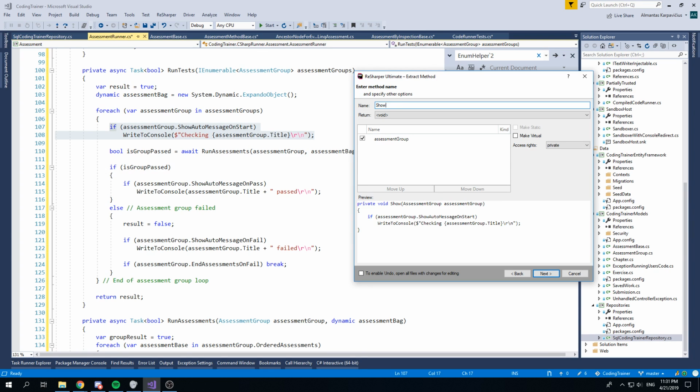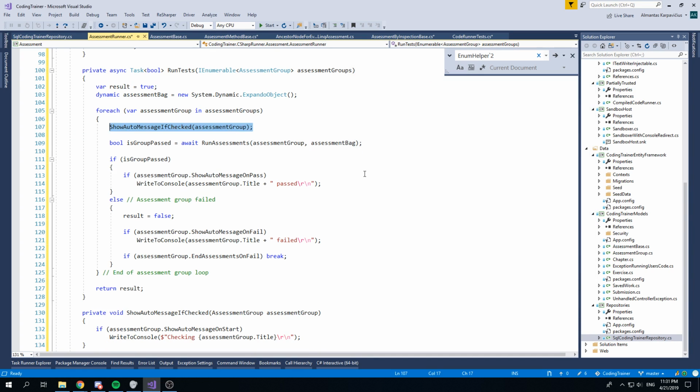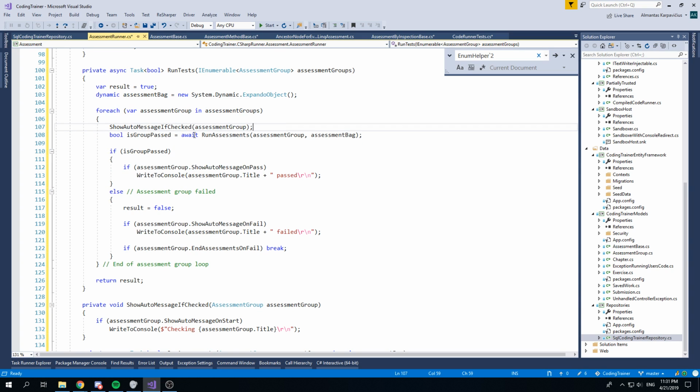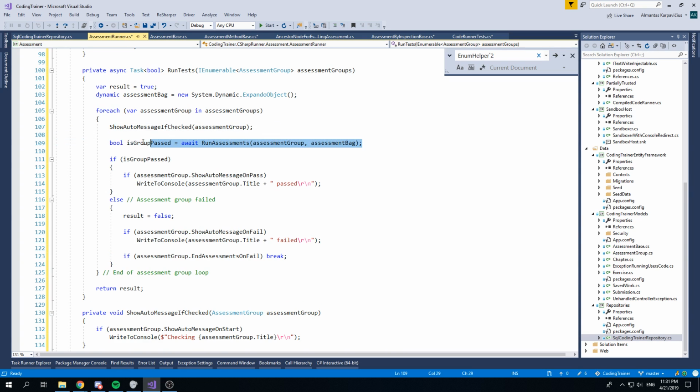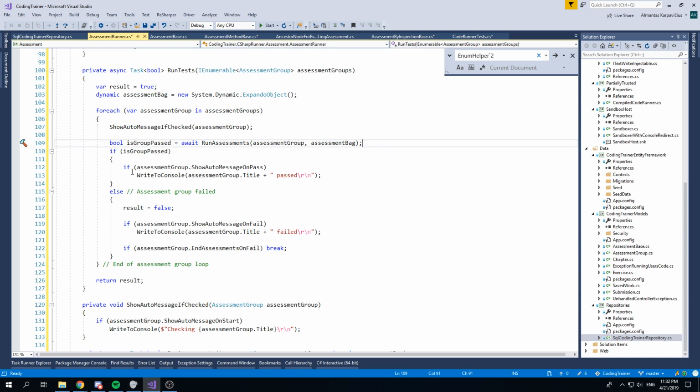Show auto message if checked. If checked, naming is not good, but it's a bit too much that I want to know here. I don't want to know those details, so I want to see just one method. Then I run assessments and I get results if group passed, and if group passed,